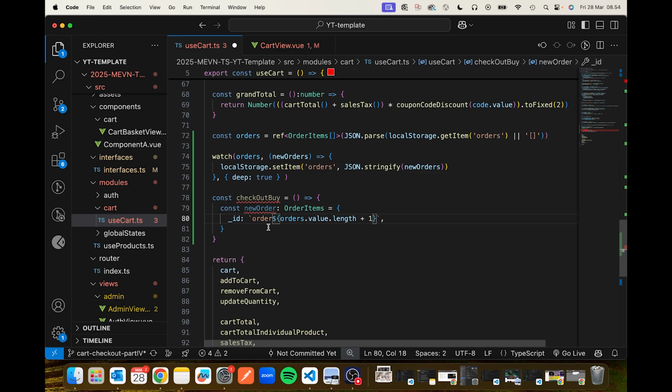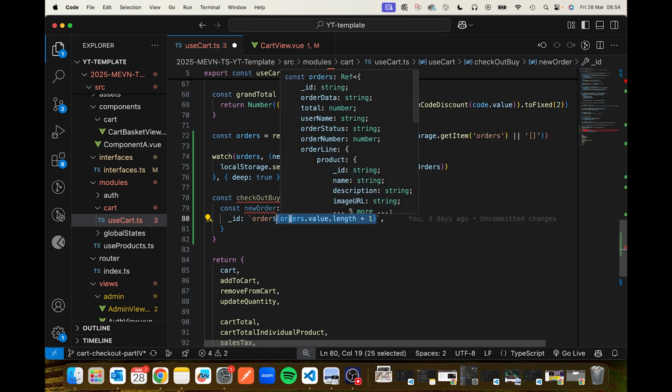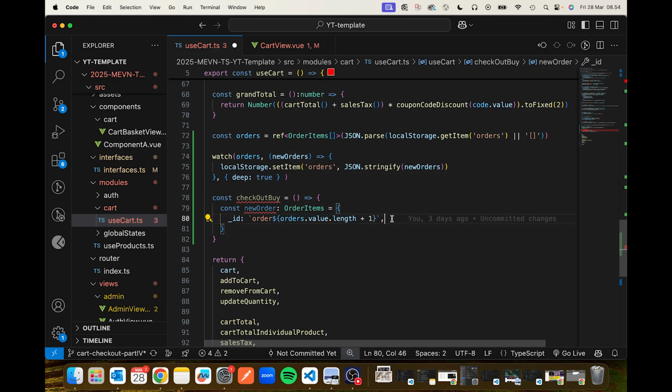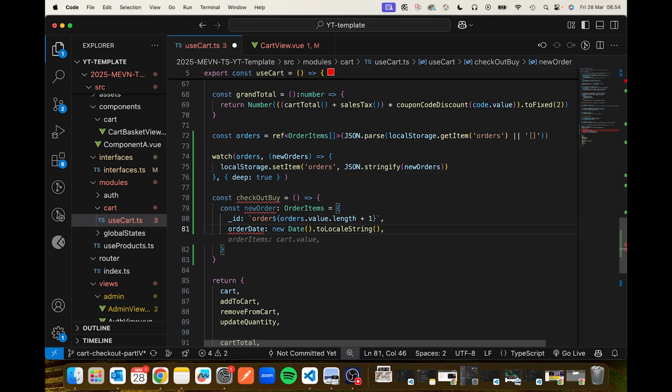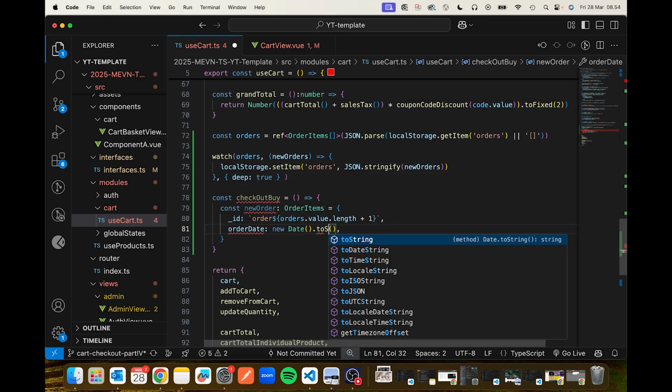Sure, let's do this. So order, and then order value length +1. So really simple. But again, every time you restart it, it will start from 0 or something like this. So it's not perfect, but it's here for now. Then order date, because that's one of the things we wrote in as well. We will do a toISO